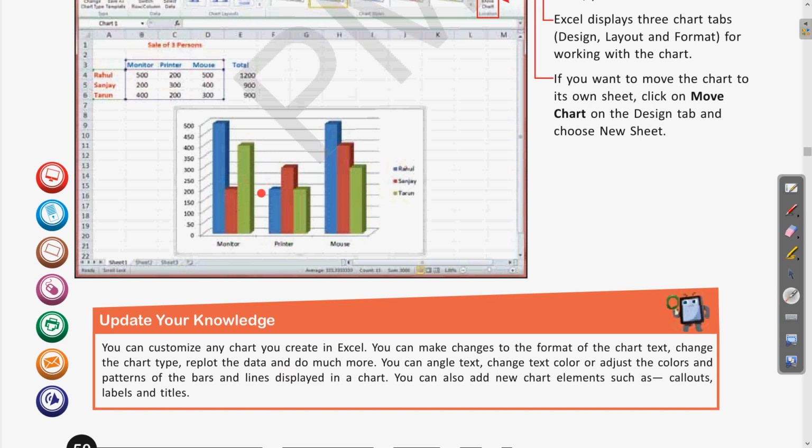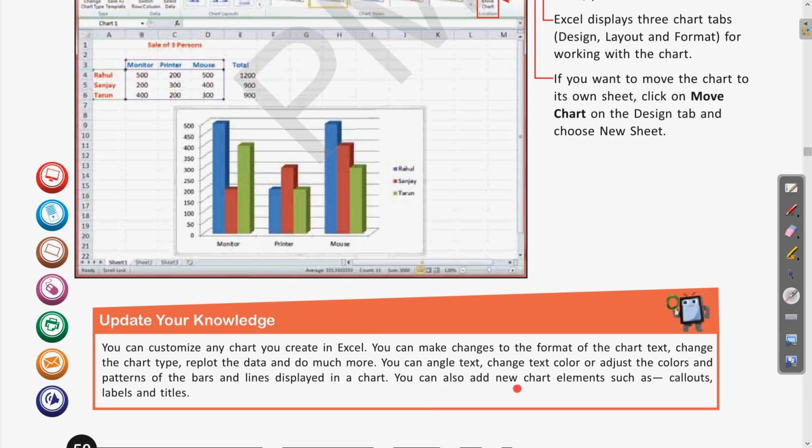They have some colors and some patterns. So if you want to modify these colors and the patterns of the bars or the lines present in the chart, all this can be modified. We can change the text, the color and the patterns of the bars if we want to.